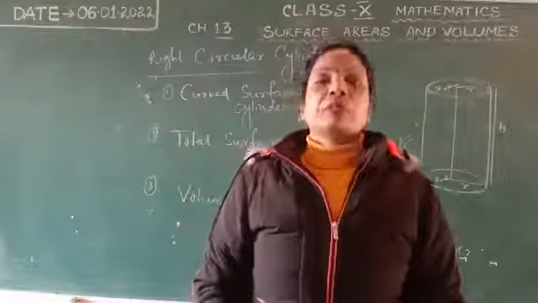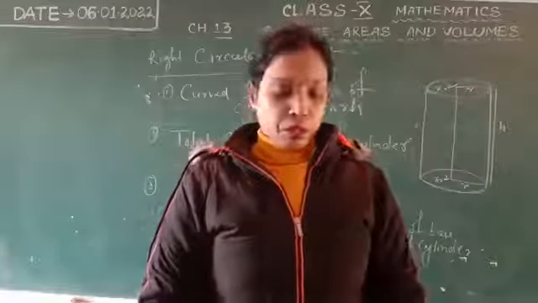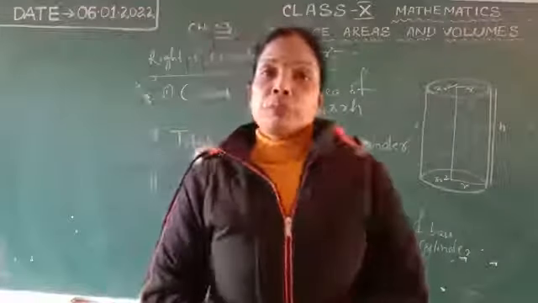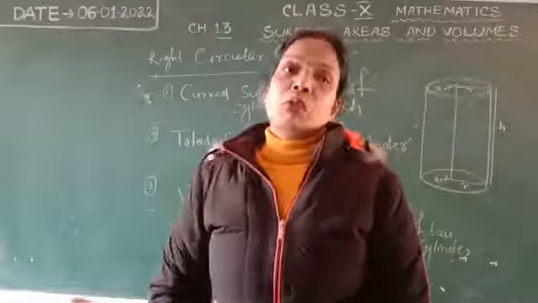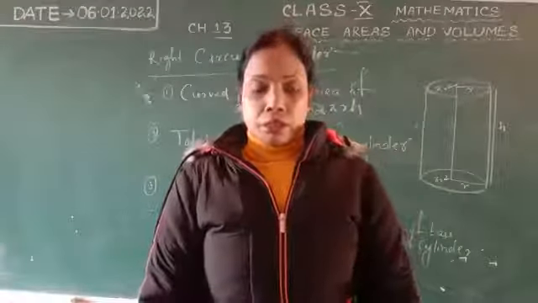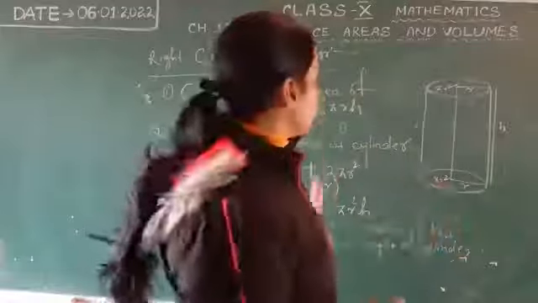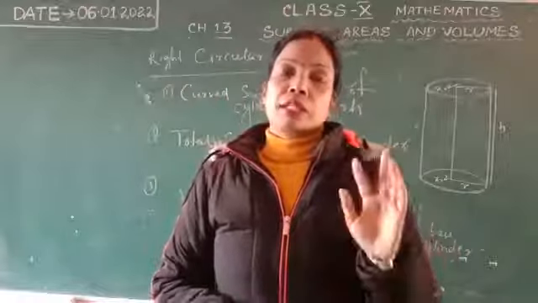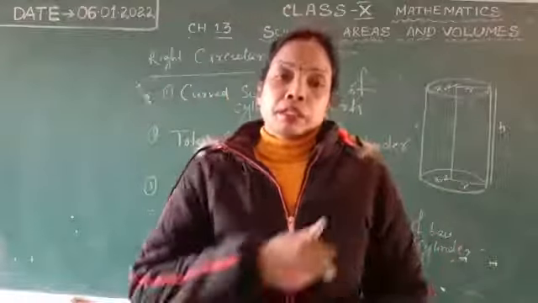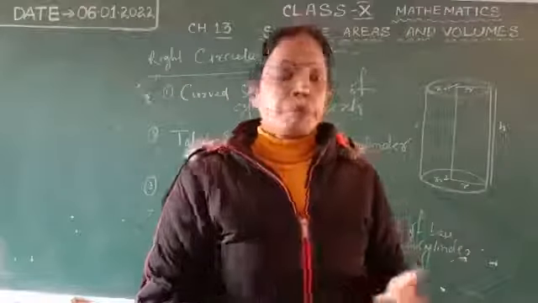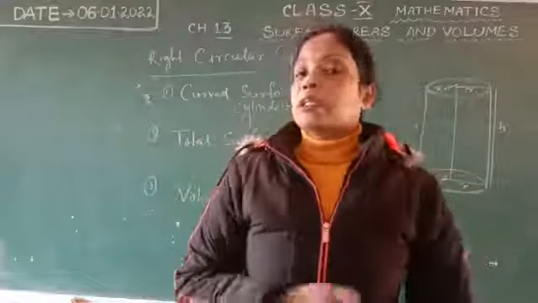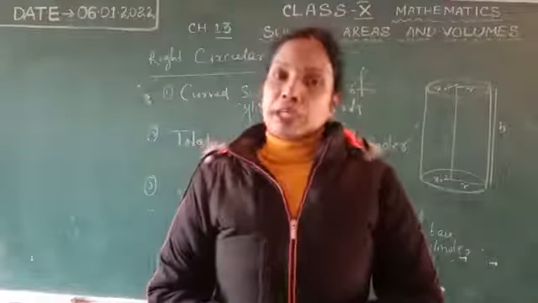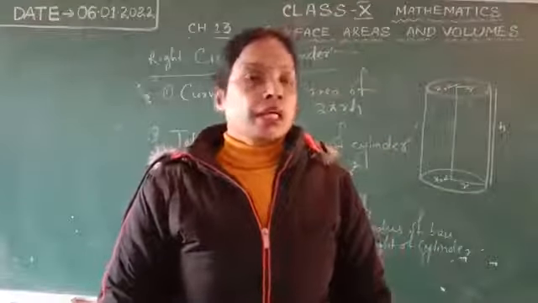So here today we discussed 4 three-dimensional shapes, or 4 solids: the cuboid, the cube, the right circular cone and the right circular cylinder. So all of you, practice all these formulas one time. In a cube and a cuboid, the side faces area is called lateral surface area, but in a cone and cylinder, the side surface area is called the curved surface area. Okay, and then next is total surface area and volume of all these. I think all of you understood.